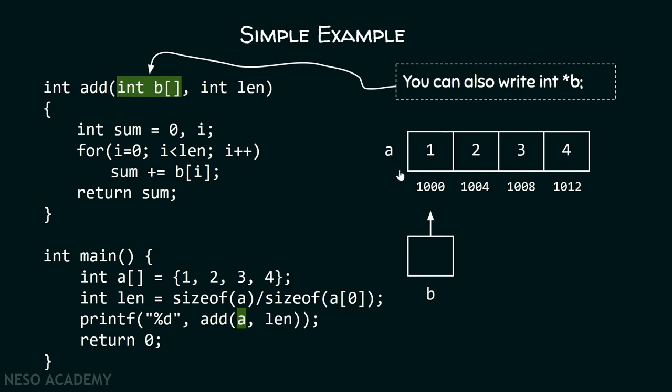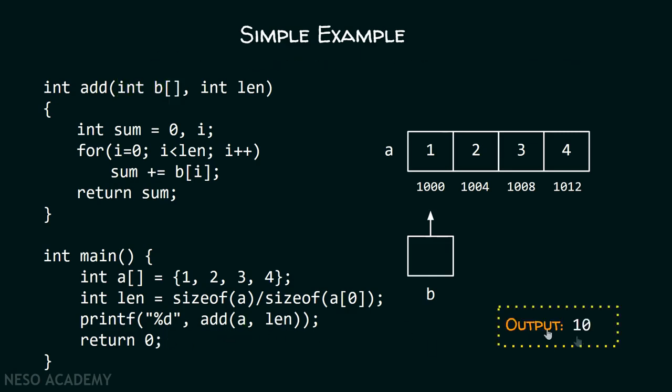And this simply means that we can perform any operation with A using B. In this case, we are adding all the elements of A using this pointer B. In simple words, I can say that B is equivalent to A. In our imagination, we can treat B as an array A only. I can traverse this whole array using this pointer B, and I can do all the operations that I can do with array A. As you can see inside this for loop, I am simply calculating the sum of all these elements. We know that the sum is 10, therefore 10 will return back to this function. And we can print this sum on the screen using this printf function, therefore the output is 10.